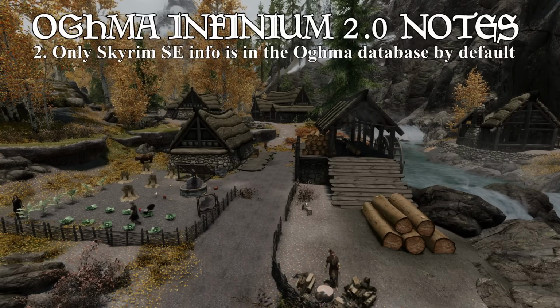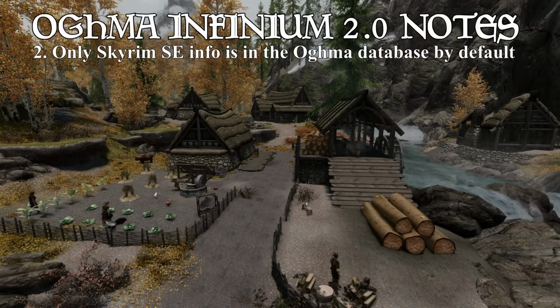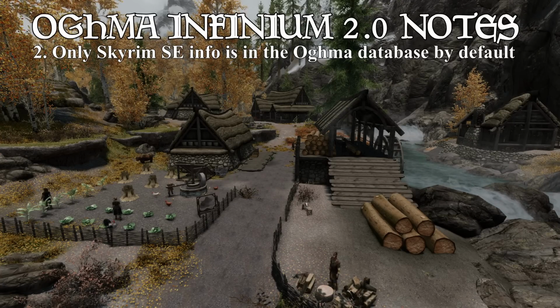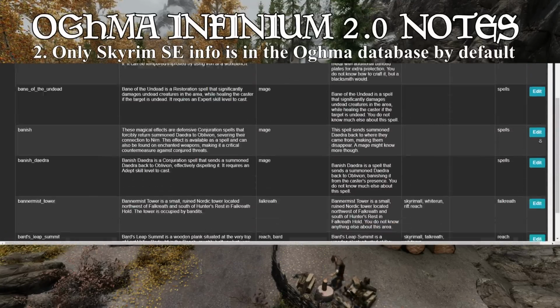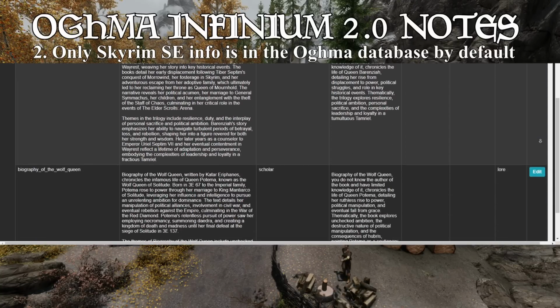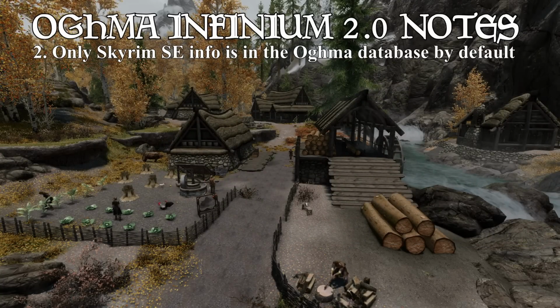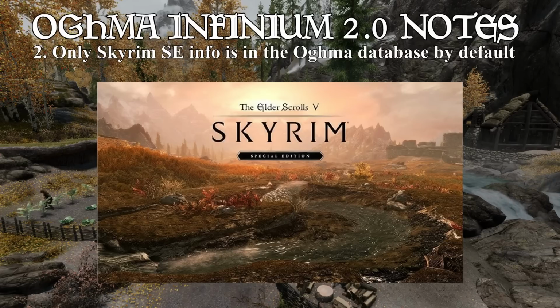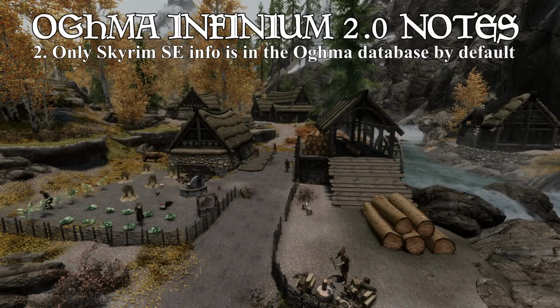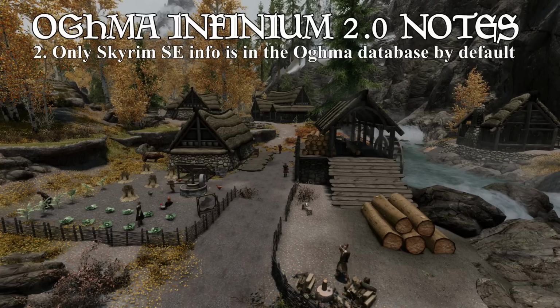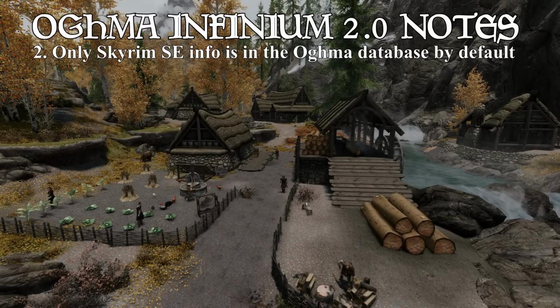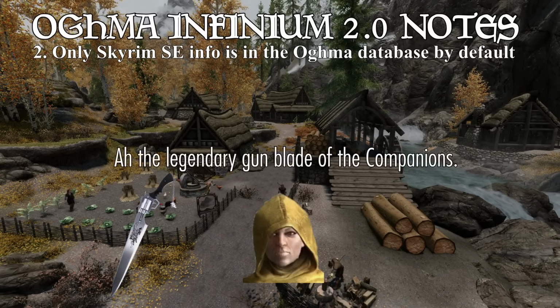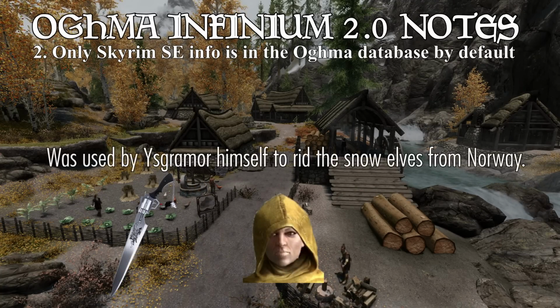Point 2 is they're only going to have knowledge on stuff which is in the Ogma Infinium database, which is why we spent a lot of time adding a boatload of articles into it. We have limited the breadth of knowledge to most of the content in the Skyrim Special Edition version of the game, so base Skyrim, DLCs, and some Creation Club content. But if you have modded content which changes item stats or adds new items, by default, AI NPCs in the Ogma system aren't going to know about it.